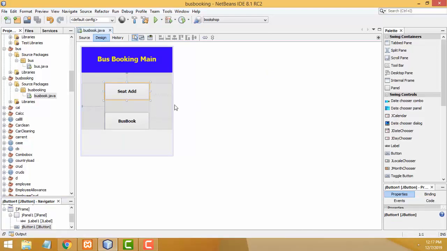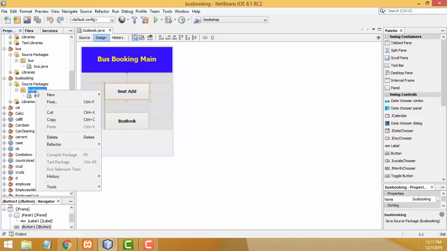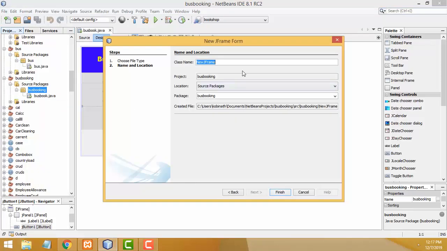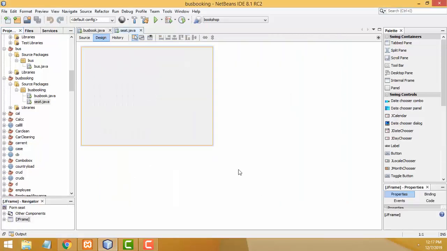So what I am going to do is, here, this is your project, select the package bus booking, select this one, right click, new JFrame form. This one should be the seat. I am going to give this class name as seat, finish, right. After that what I am going to do is here,